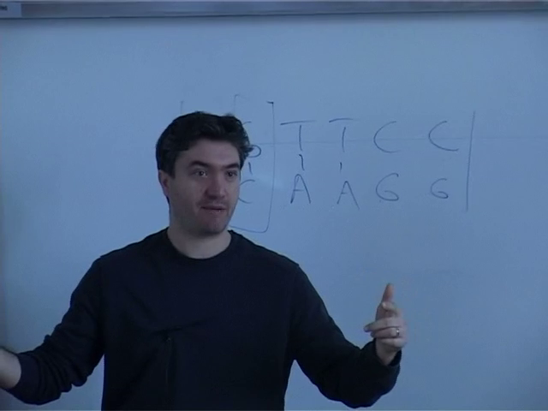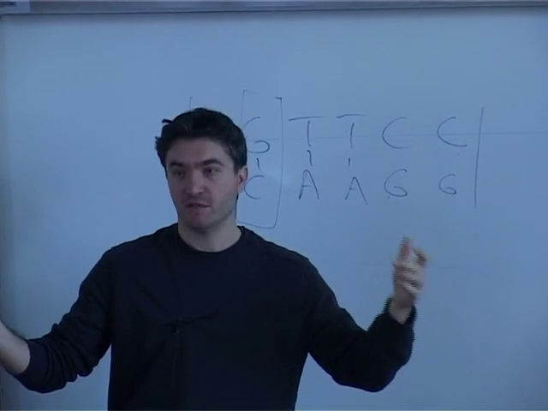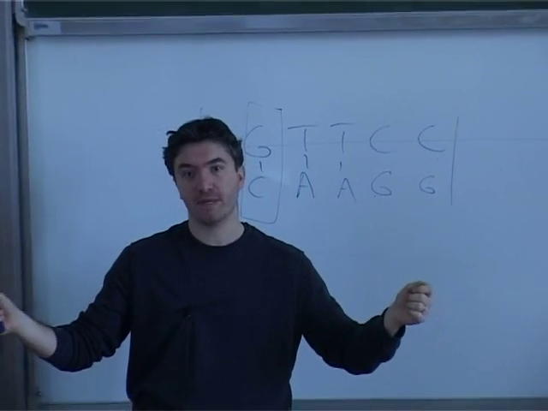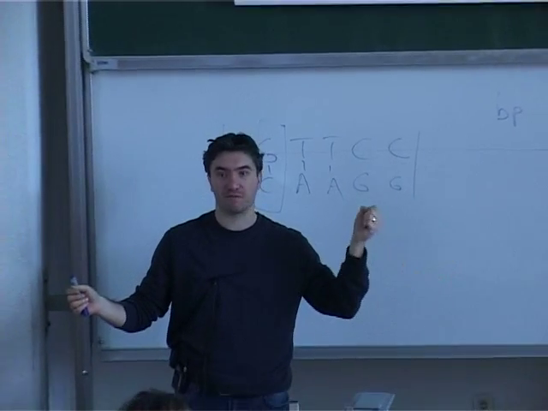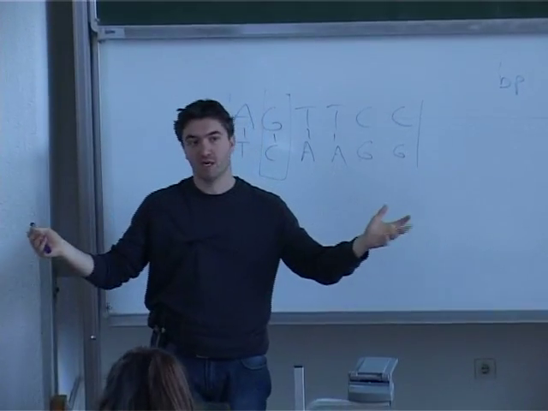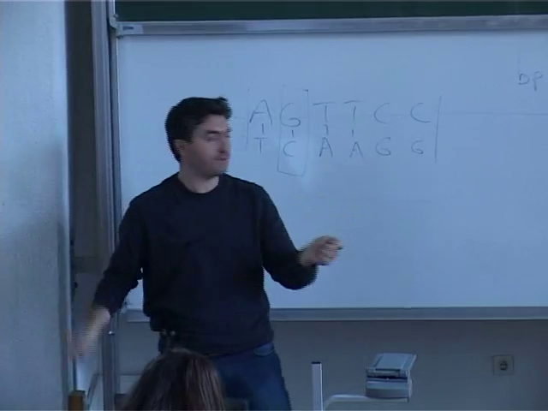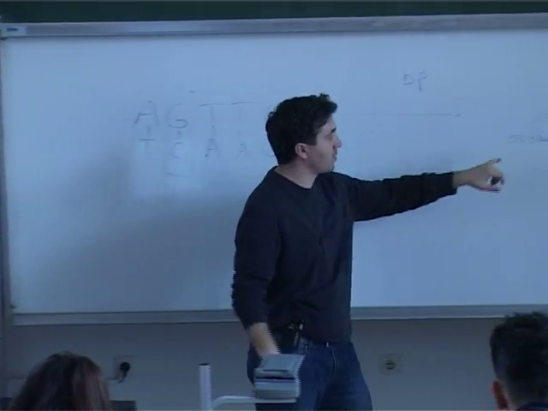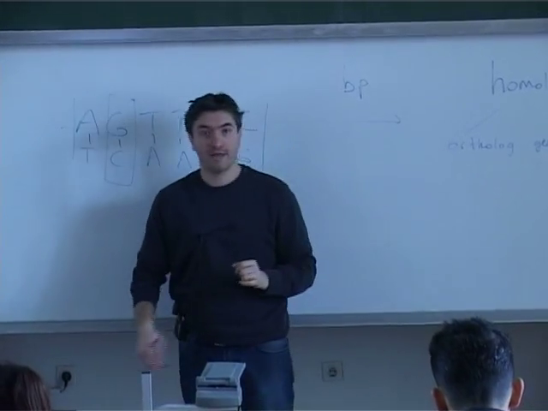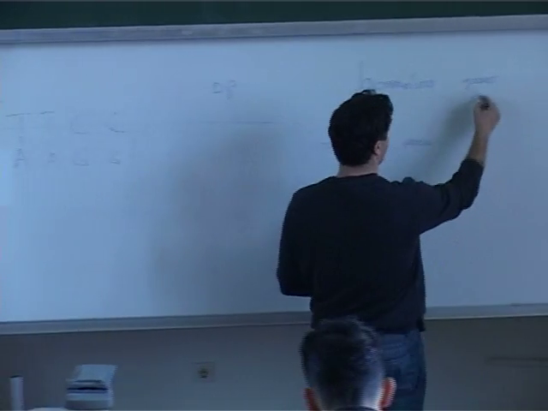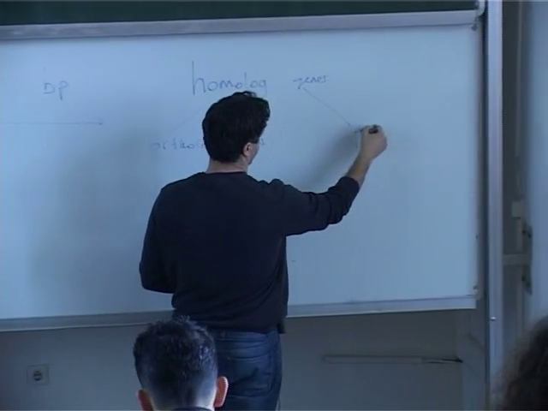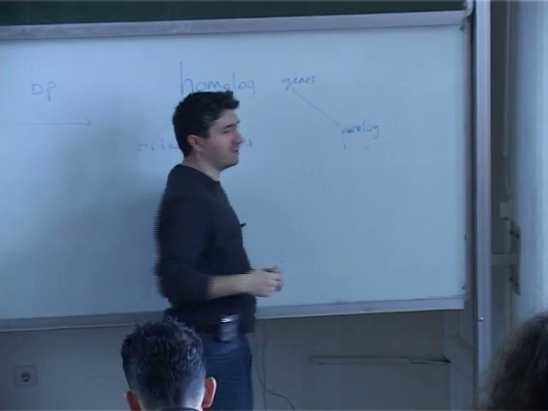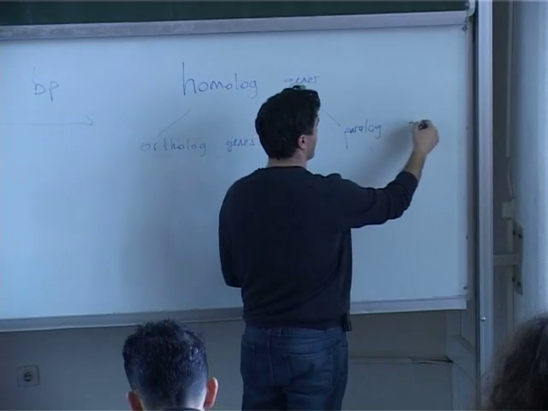Like this example I gave just now, the mouse and human hemoglobin: they are in two different species. One of them is in mouse, the other is in human. So if they are in two different species, they are called orthologue genes. And there are also paralogues. And paralogue genes,